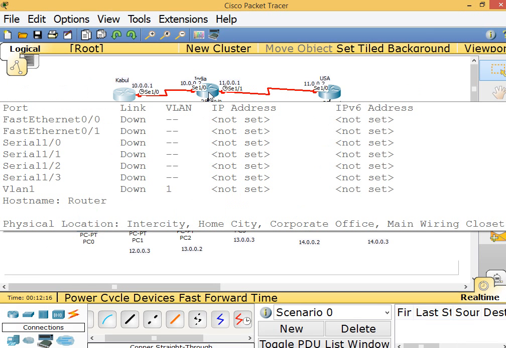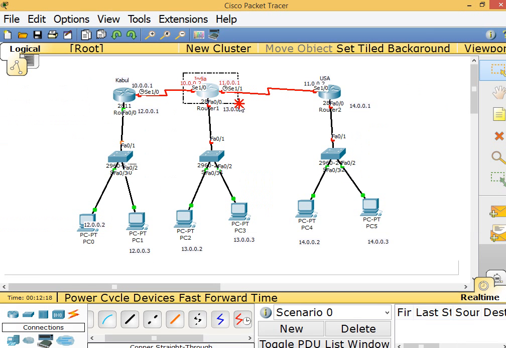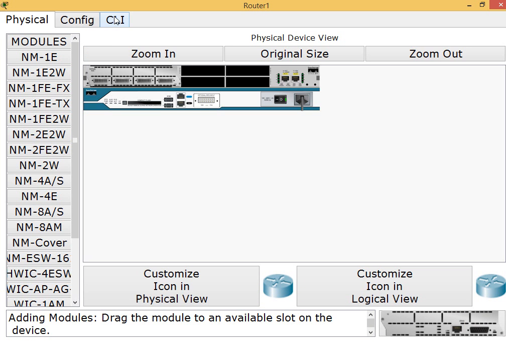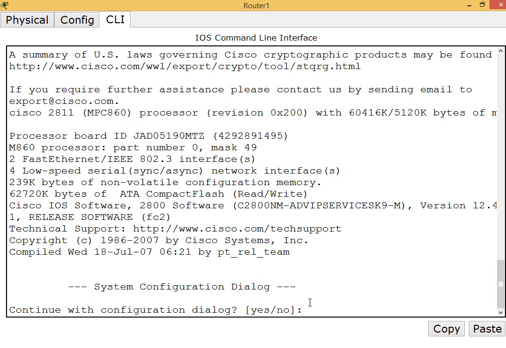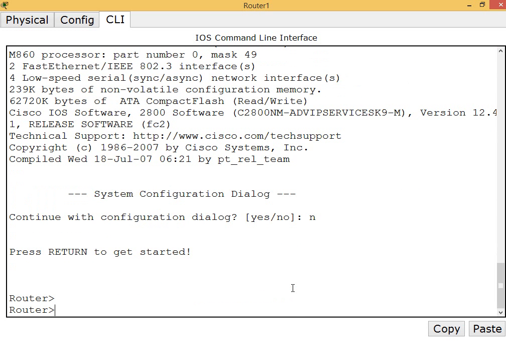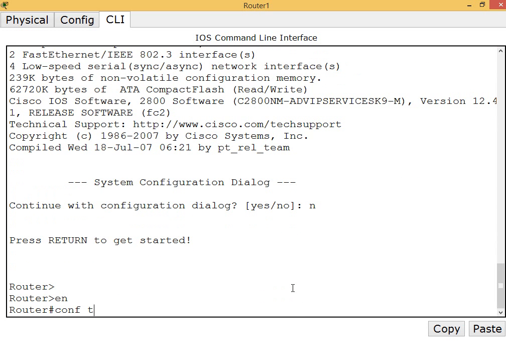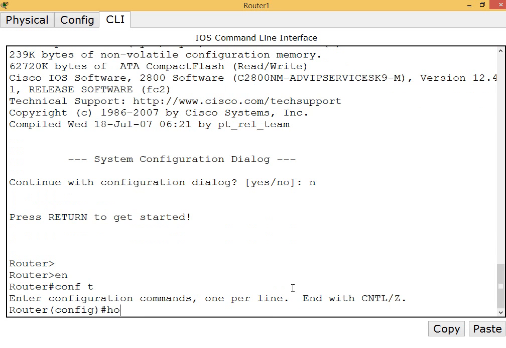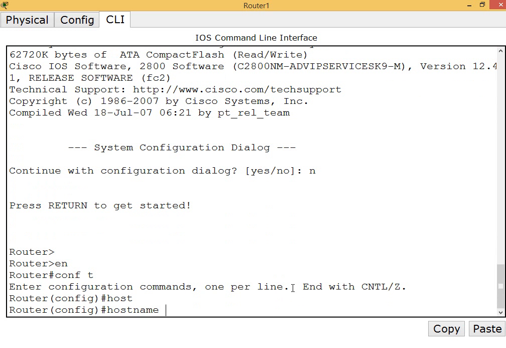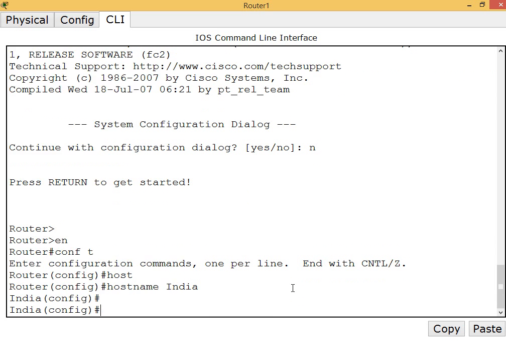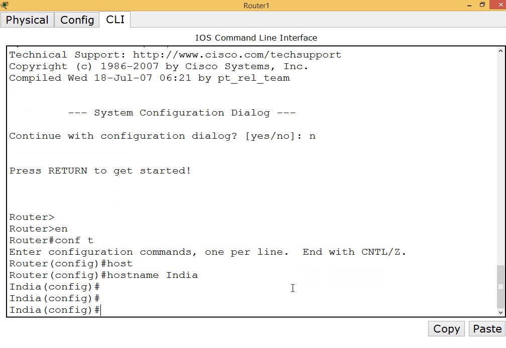Now we should come on the second router. Serial 1/0 is connected to the Kabul with 10 IP series. Serial 1/1 is connected to USA with 11 IP series, 11.2. CLI mode. Again it is asking for the startup configuration. No. Enable, conf t. First change the host name if you require it, like India. If you want to set any banner, you can set the banner,